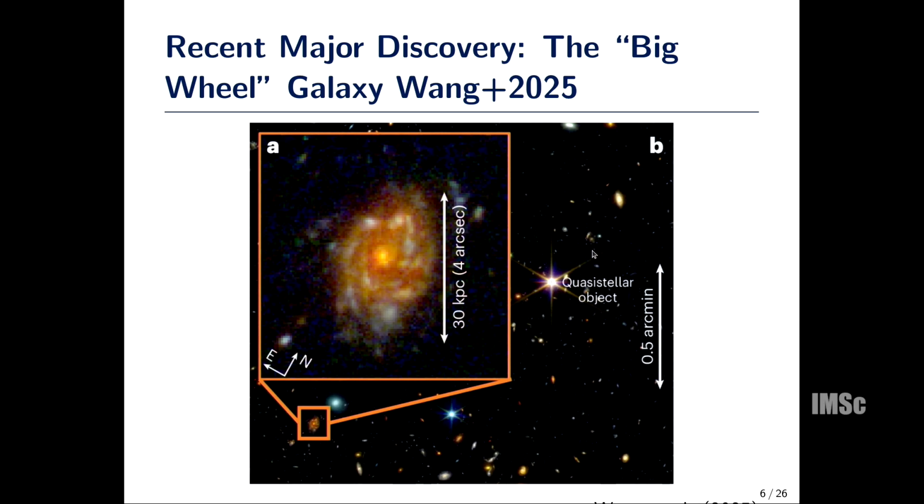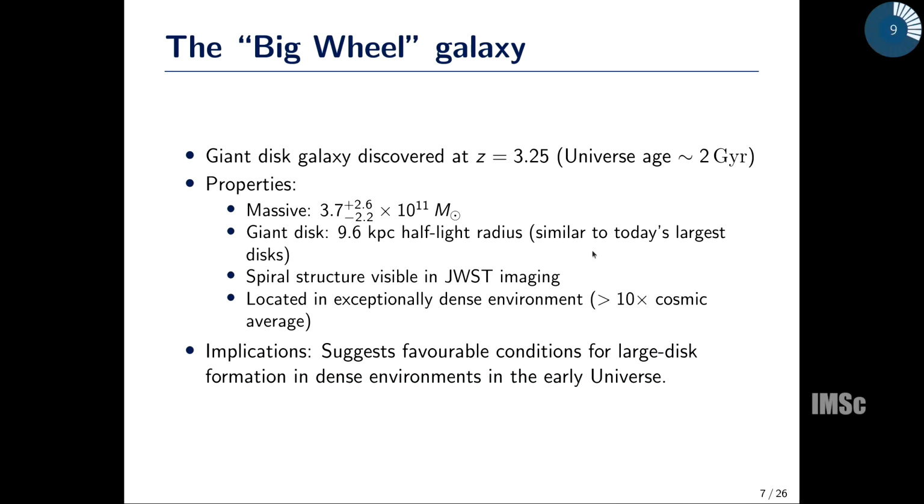This is an even more surprising galaxy called the Big Wheel Galaxy, because it's in many respects like the Milky Way. It has the same diameter as the Milky Way. It has the same stellar mass as the Milky Way. It rotates like a disk, just like the Milky Way, at speeds comparable to the Milky Way. And the only difference is this particular object is at a redshift of 3.25, when the universe was only 2